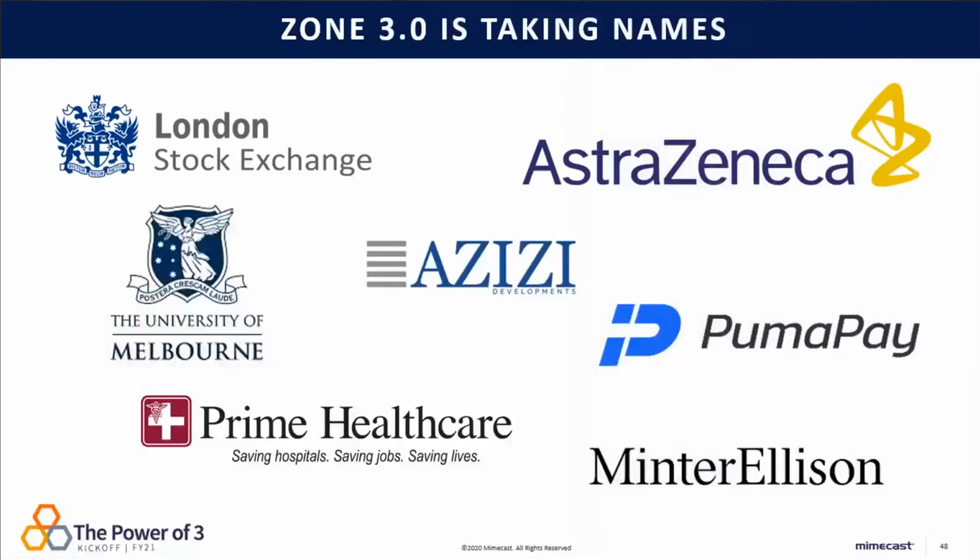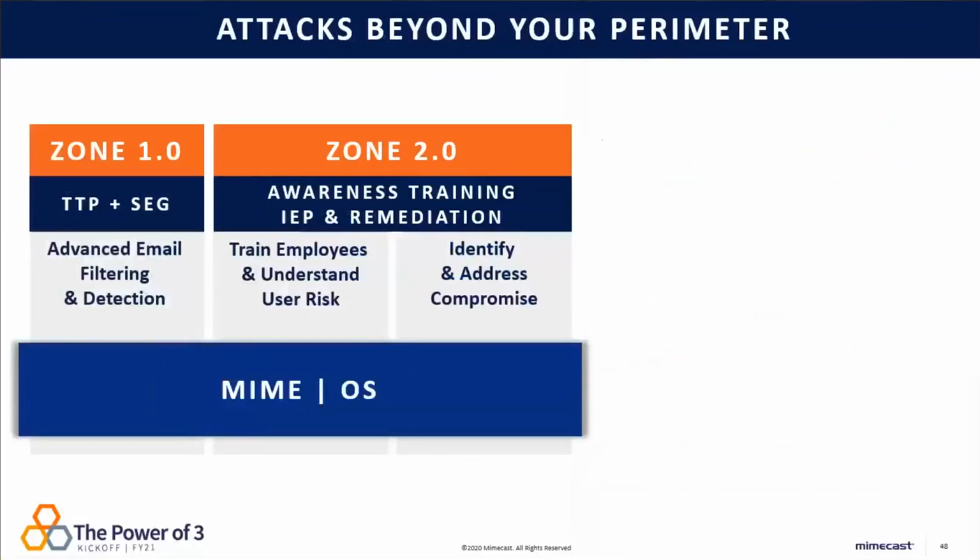And so some of our customers globally, just as an example, like AstraZeneca, a Fortune 500 company, and locally, the likes of ZZ Developments, have decided to take the proactive approach to protect themselves and have this multi-dimensional approach against protecting the different zones. As my colleague Tariq mentioned, Zone 1 and Zone 2 are vitally important, and these are some of the key fundamental areas where businesses see attacks. Protecting you at your perimeter, these types of attacks that come at your perimeter, from an email perspective, account for 94% of all cyber attacks.